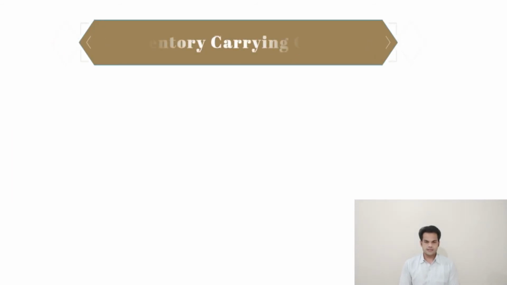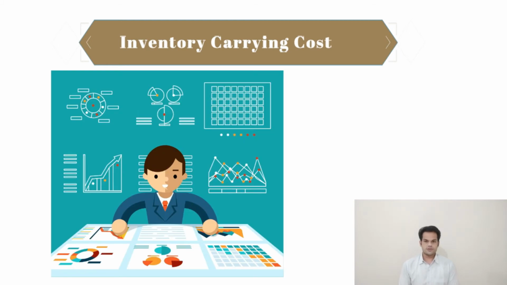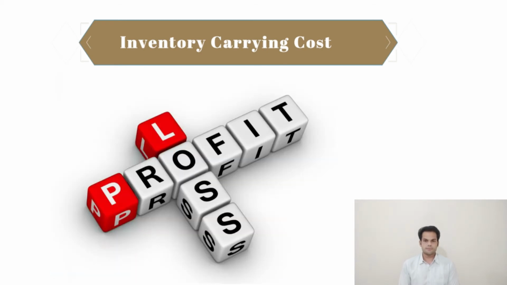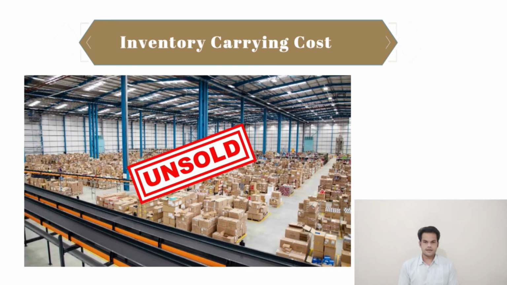Fifth type and the last type of cost is inventory carrying cost. This is a lesser known aspect of inventory cost. This cost requires a certain amount of calculation to understand the extent of its impact on the P&L statement. Inventory carrying cost refers to the amount of interest a business loses out on the unsold stock value lying in the warehouses. While the inventory carrying cost is seldom considered while calculating the gross profit, it is usually taken into account only considering the principal cost of the goods held in the warehouses.